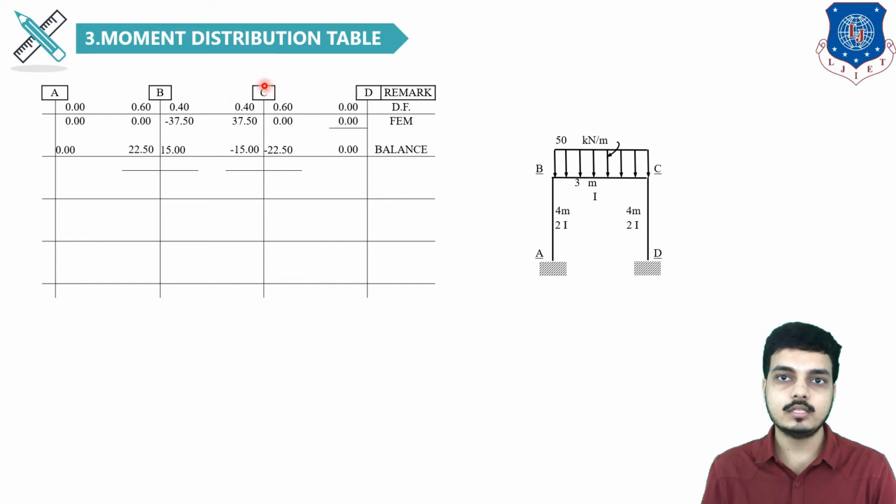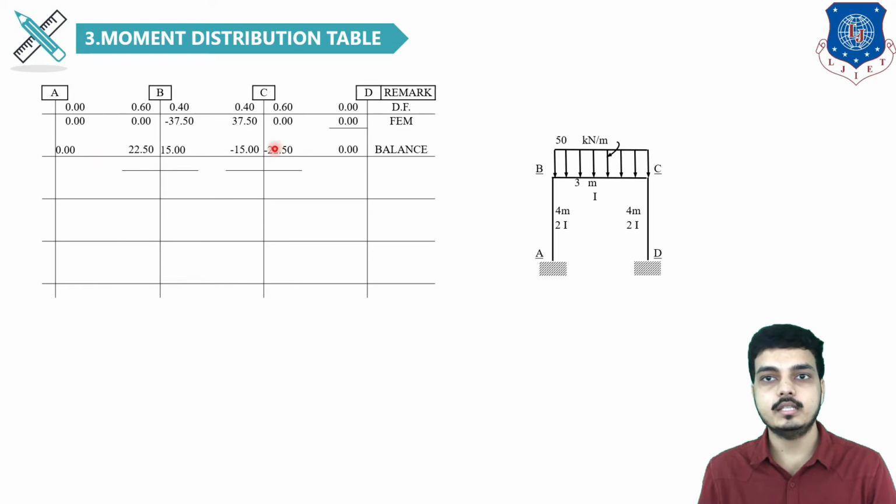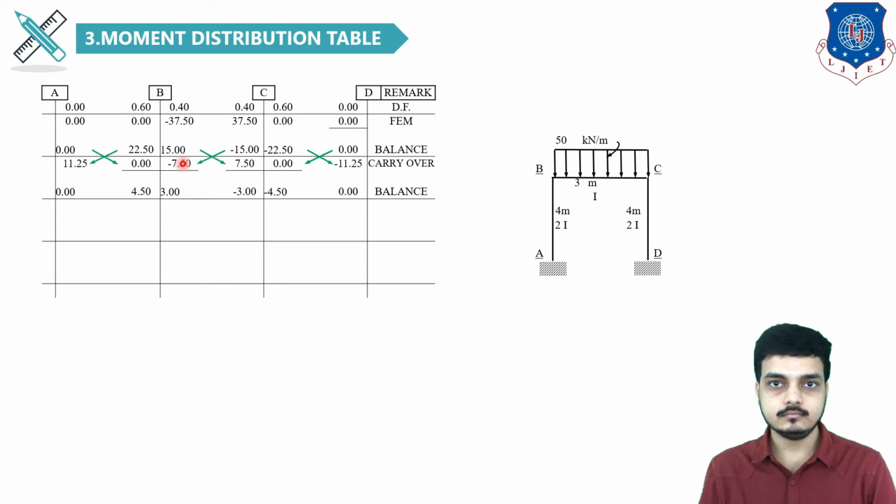Similarly, we will do it for C: plus 37.5 plus 0 is 37.5. Change its sign and multiply with these two values, and we will get these two values. It is similar to this but with a different sign, as here it is positive, here it is negative. Now 0 multiplied by 0 is 0, and 0 multiplied by 0 is 0. Now our next step will follow the same way we followed in this box, we will follow for this box.